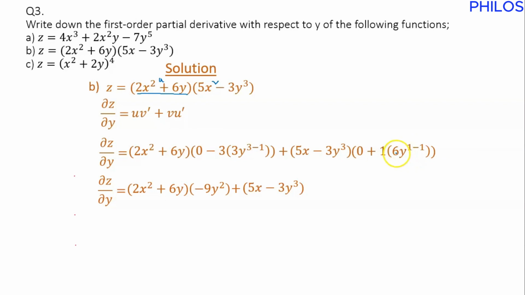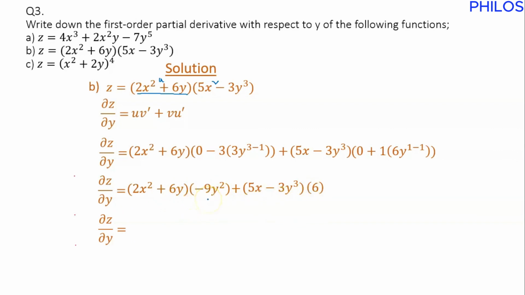So 1 times 6 is 6, times the 1 here is 6. So the whole thing in this bracket will be 6. So multiplying 6, we simplify this further. So partial z, partial y will be equal to. Now to simplify this further, we are going to multiply these two brackets, then multiply these also, and add everything